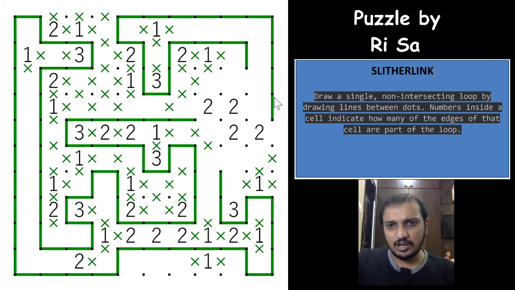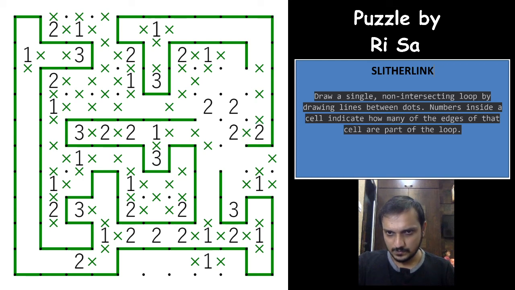So this line will always have to be there. As you already have seen, a 2 at an edge will always have these 2 lines. So same way, this 2 acts as an edge, so you'll have this line, and it will either have to be this way, yeah, that is possible, or this way. Okay, so this loop segment will either go this way or this way, and it will have to touch this. It cannot be this way.